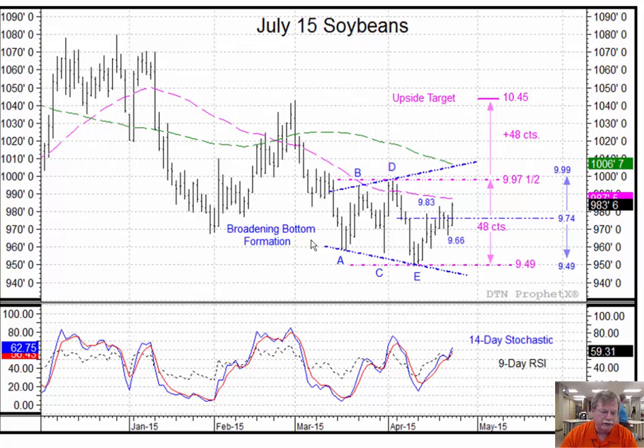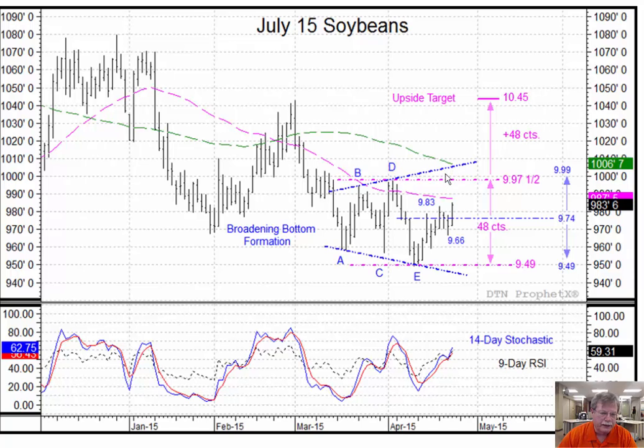But the first thing I want to talk about is using Monday's high point of 983 and Wednesday's low of 966. Take the midpoint of that as 974 and swing it off of the low that we made at E, which is 949. So I would take this 974, subtract 949 from that, that's 25 cents. I would add 25 cents to the 974, and all of a sudden you get an upside target of about 999. If we could get that to be met, that would put us close above this 997.5,